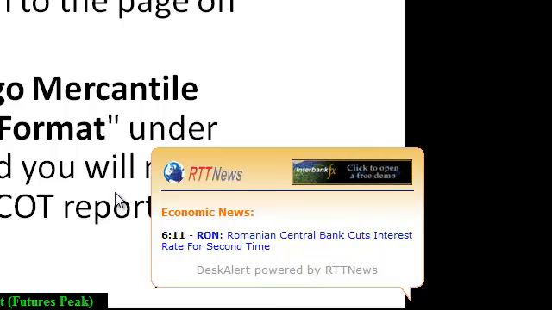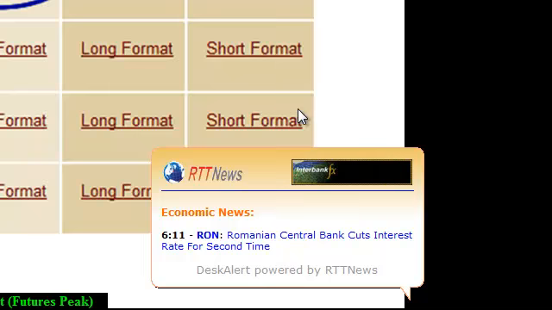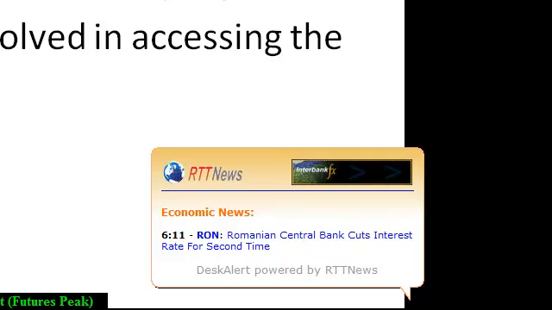legacy reports, and then you look for the row on Chicago Mercantile Exchange, and under the column of futures only. From there you click on short format, and then you have the COT report. We'll be doing that shortly, and then this is what you'll see. When you click on the short format here, it will then bring out the